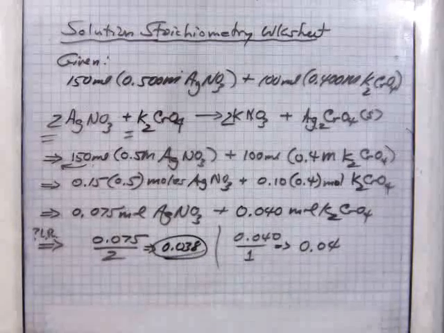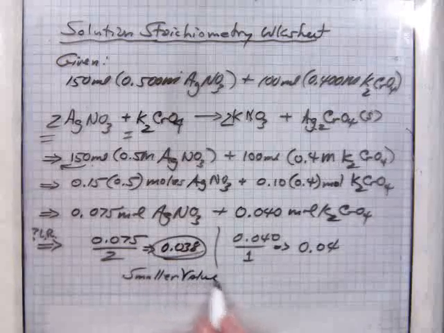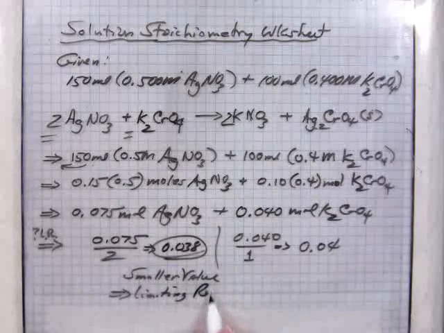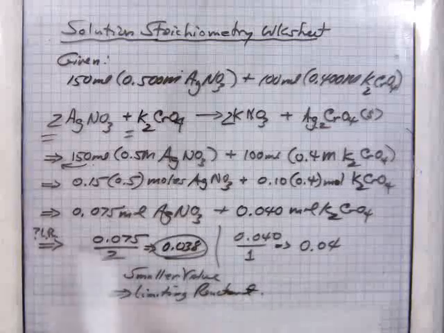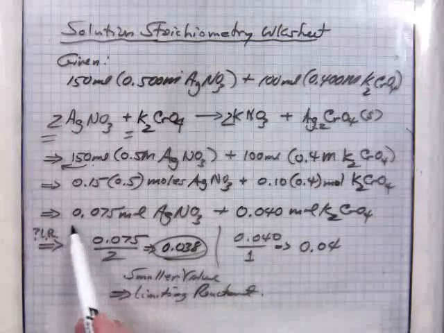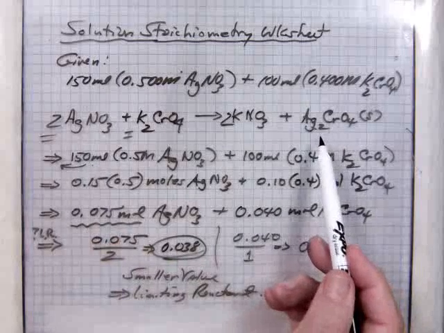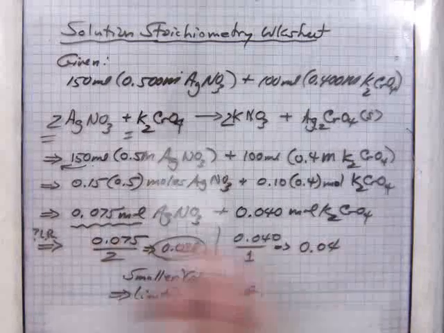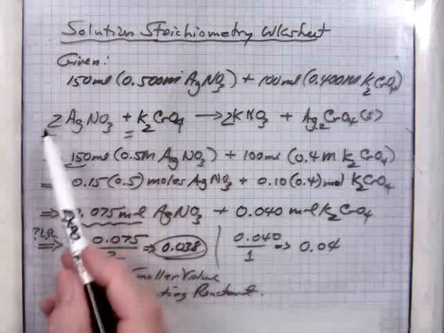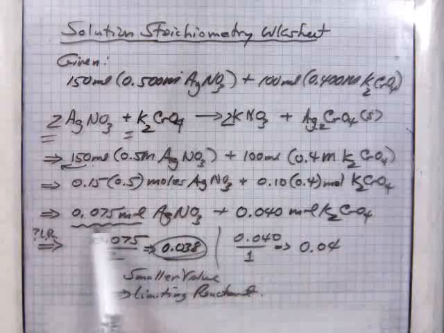And so the 0.38 is a smaller value, which is your limiting reactant. So what this tells us is that when we work this problem, we need to work it from the moles of silver nitrate to produce moles of silver chromate. And you can see it's a 2-to-1 reaction ratio. So since the number is going from 2 to 1, that's a smaller number. So essentially whatever moles we have would,